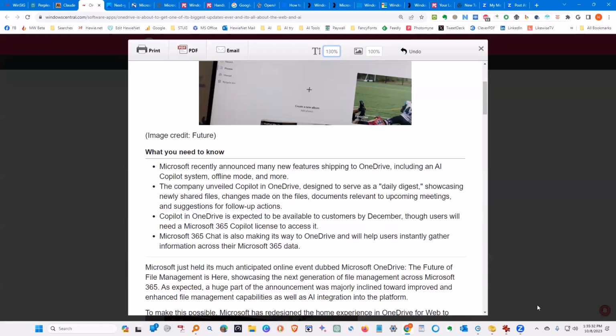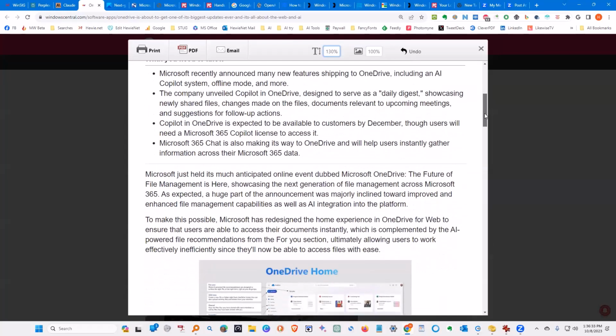So it's not available yet, though users will need a Microsoft 365 Copilot license to access it. At this point, at the enterprise level, Copilot is going to be $30 a month. I'm understanding that for those of us who are Microsoft 365 Family or Individual users, either the $69.95 version or the $99.95 version, it's probably going to be $10 more a month to use the Copilot that's part of it. And then I've seen other places where they say it's going to be part of it. So we'll have to see. That hasn't been announced yet. Microsoft 365 Chat is also making its way to OneDrive and will help users instantly gather information across their Microsoft 365 data. In other words, it'll look at your files as well as what it finds on the web and what it uses for